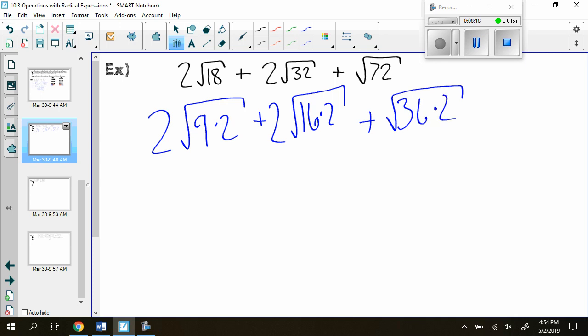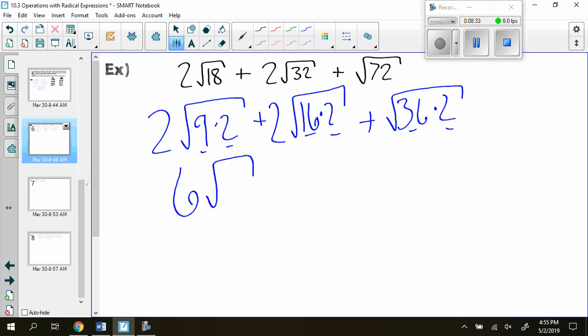Nice, because 36 is a perfect square. So I've got the case where I've got perfect square, perfect square, perfect square, to bust those out of jail in just a second. I've also got matching, matching, matching with my 2's. So 2 on the outside, if I square root 9 to get 3 on the outside, 2 times 3 is